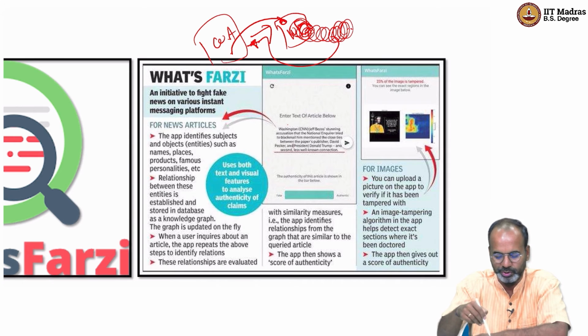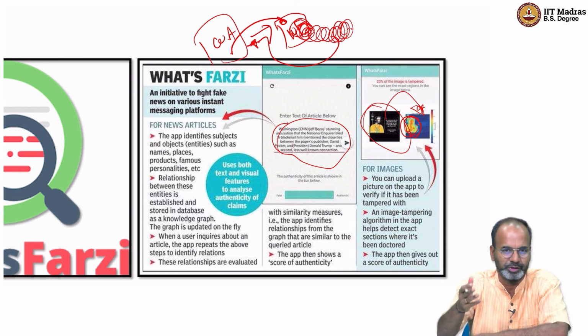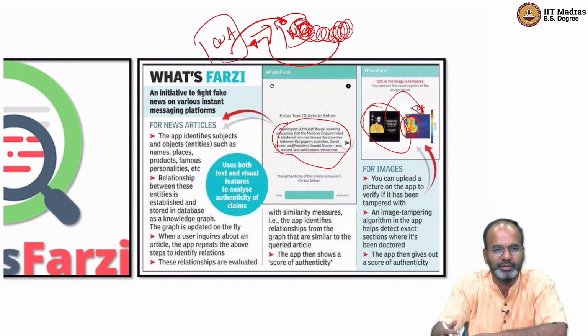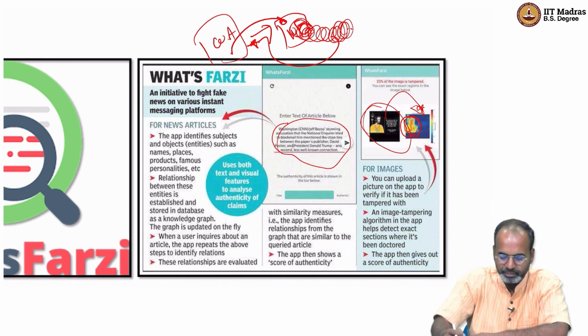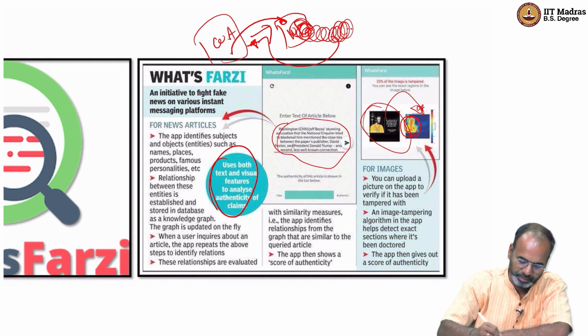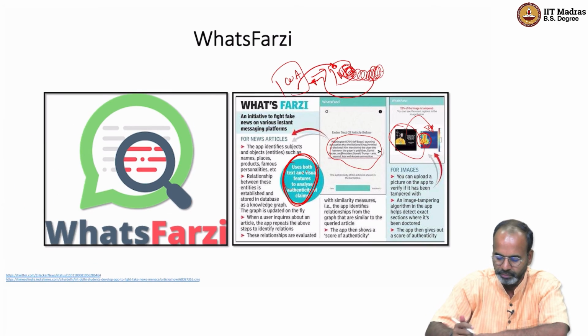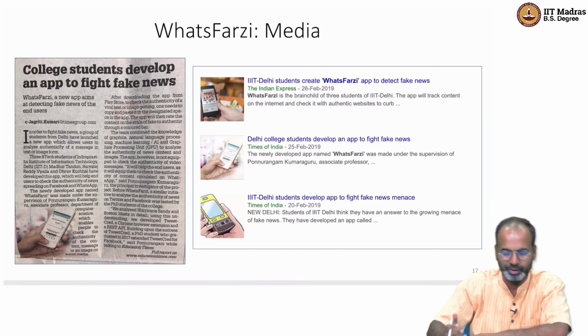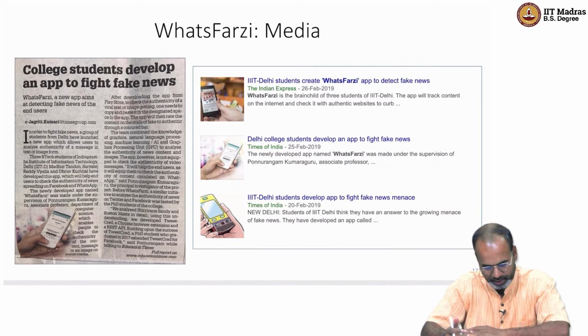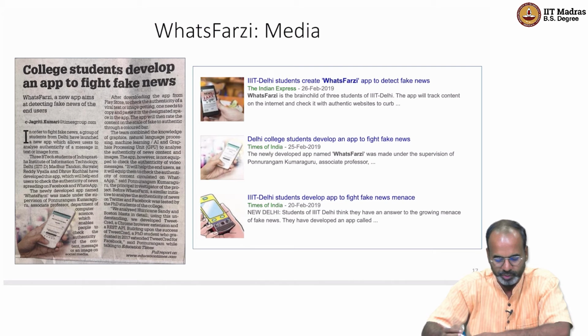So in this example also you will see it has a text, it has an image. When the image is given as an input, the model is saying which part of it is morphed, which part of it is spliced. All this we have already seen in the earlier content for this week and the earlier week. It uses multimodal content to make the choice whether it is fake or real. And this work also got a lot of media attention. Even if you search on Google now for WatchForZ, you will see a lot of articles written on this kind of work that we did.